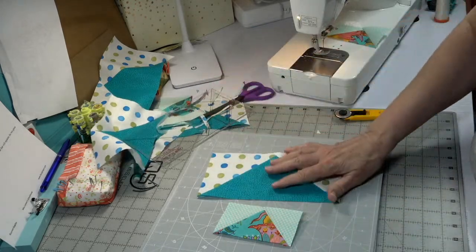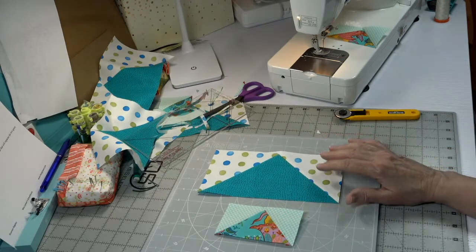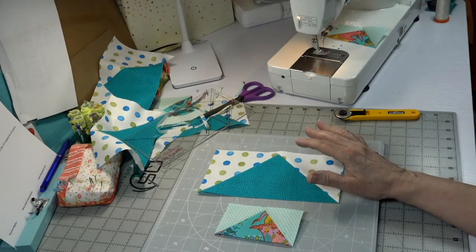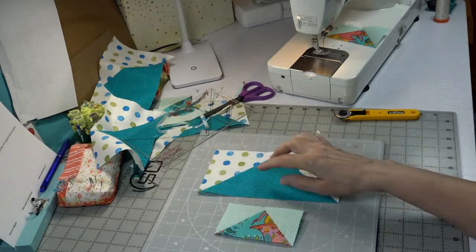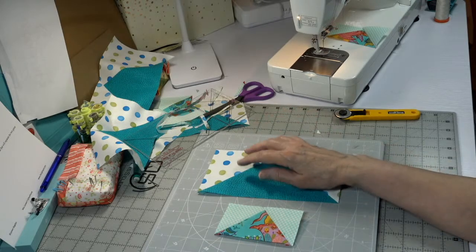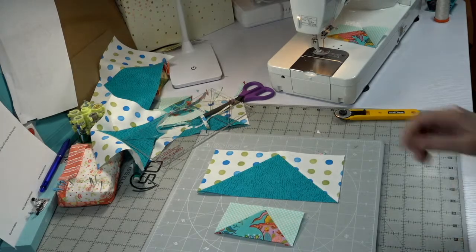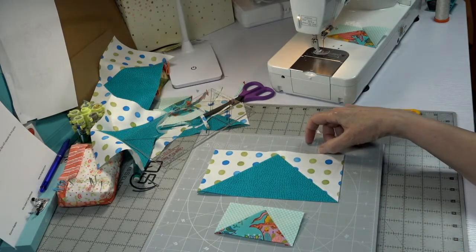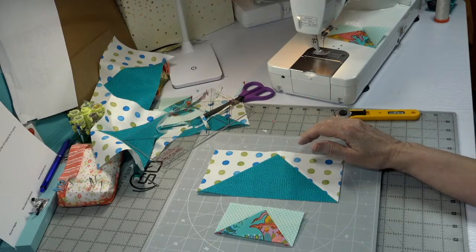Okay, so this is the large Flying Geese ruler dimensions. All the other sizes will cut the same. You're just going to start so that it says large. The other sizes of rulers start out with different size fabrics. And I don't have them all right now, but I'll work on getting them, and I'll just put up another resource page for